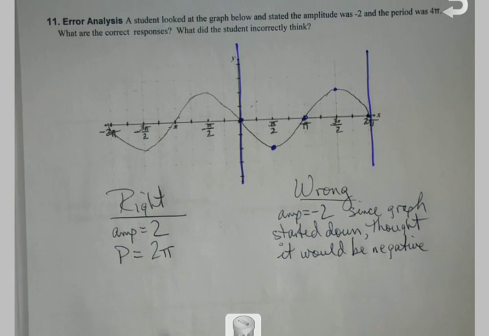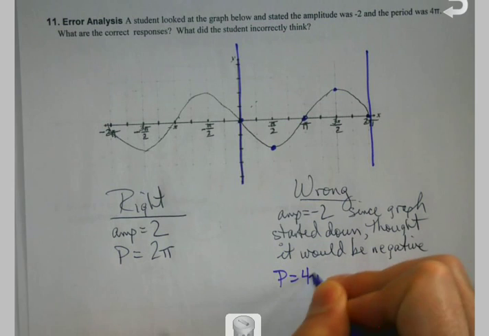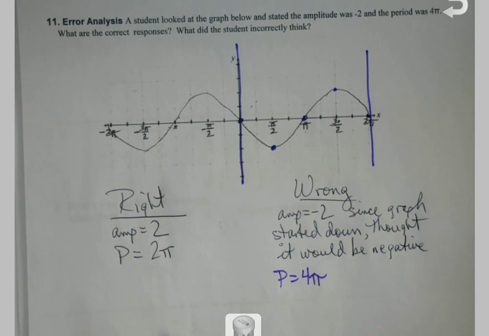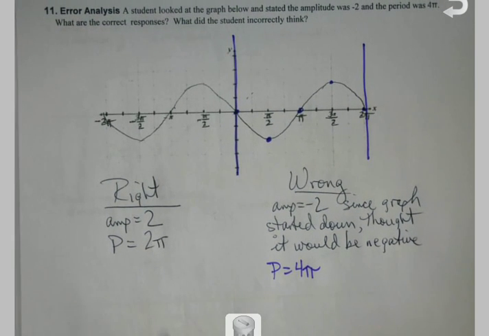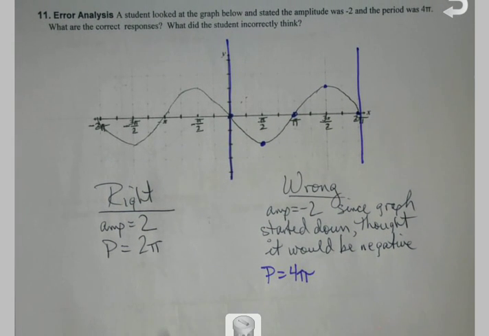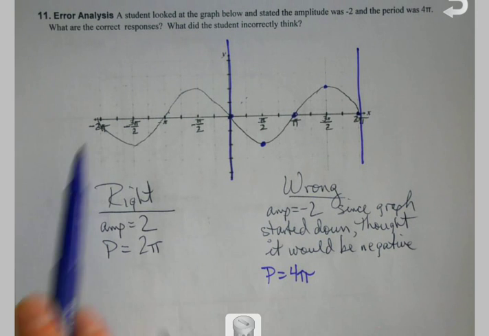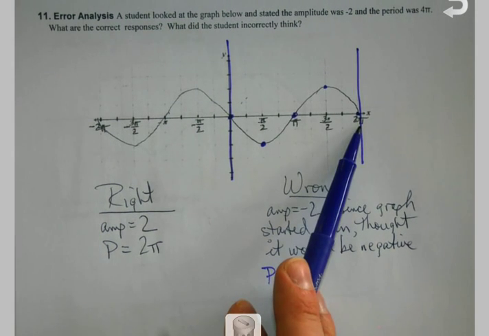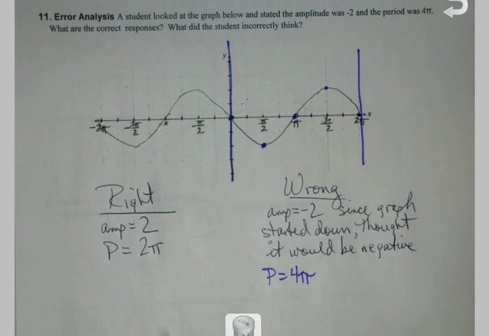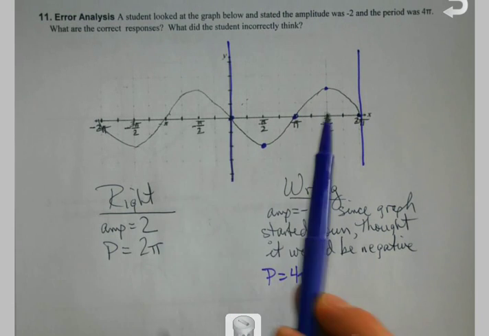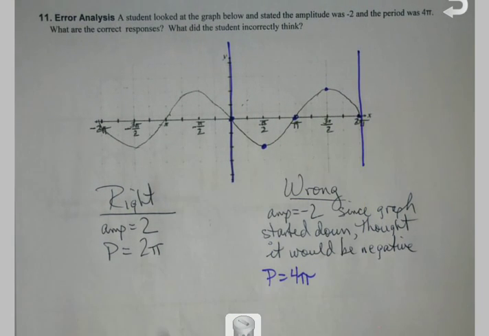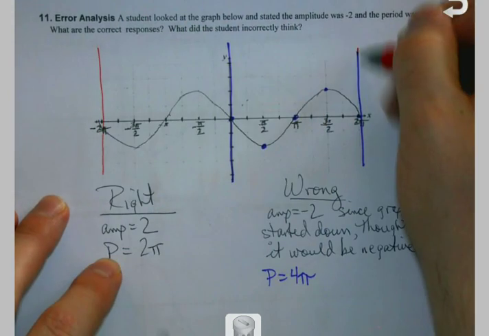Now the other part, thinking the period is 4 pi. How could somebody think the period was 4 pi? Or is the person just being goofy, just writing down random answers? How could you look at that graph and possibly come up with 4 pi as a period? Maybe. Where does the graph start at? Where does the graph end at? How far is it from -2 to +2? 1, 2, 3. It's 4 pi from here to here